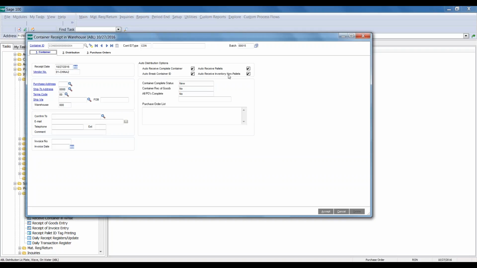I'm going to go ahead and receive all the pallets and auto-receive all the goods under the pallets and all the non-palleted goods. This section over here is showing you the status of this data entry, because when you complete the data entry, then it's going to create your receipt of goods, and so we give you a way of getting some reassurance and